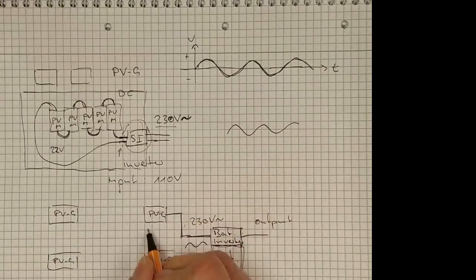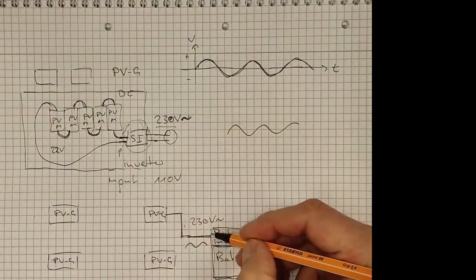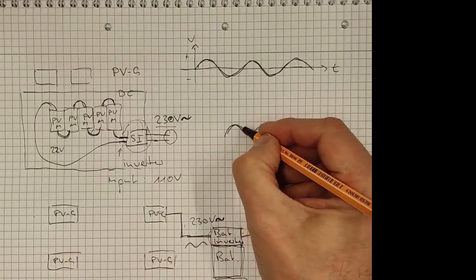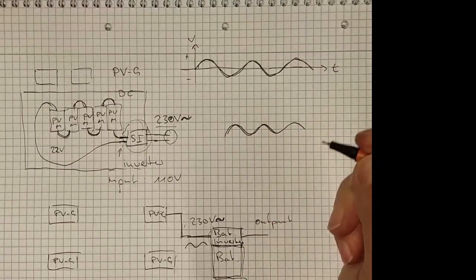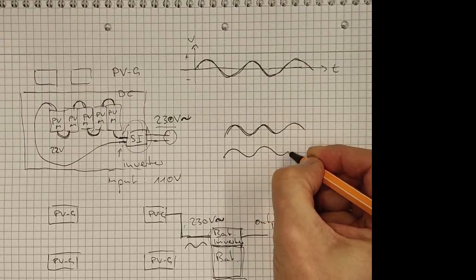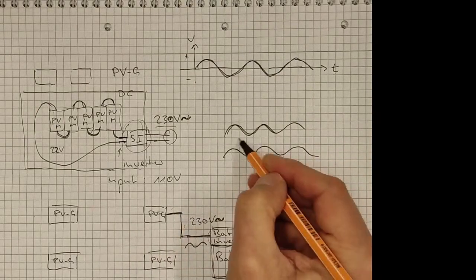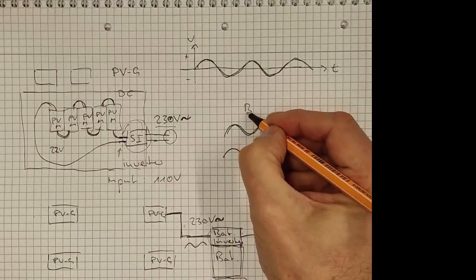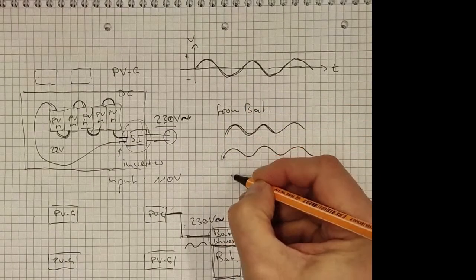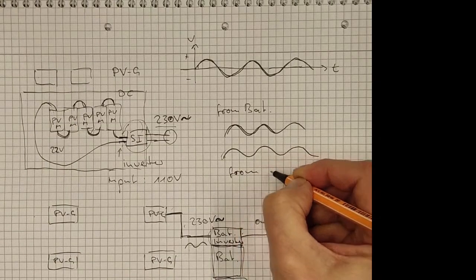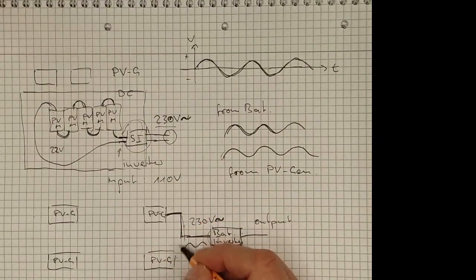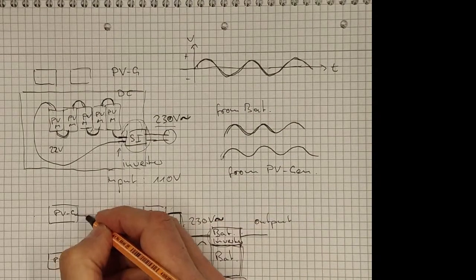When you connect such a PV generator to that side, it detects the phase of this alternating voltage or alternating current, and it synchronizes to it. So this is from the battery inverter, and this is from the PV generator. It synchronizes to it, and it's the same with the others. So all of them are then connected